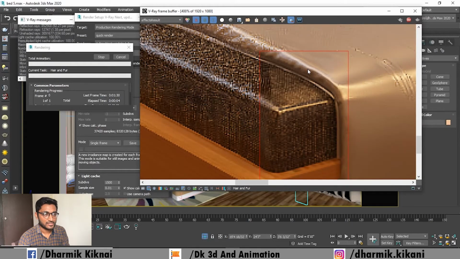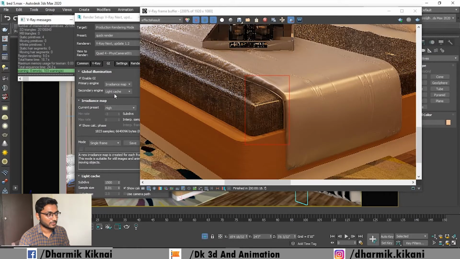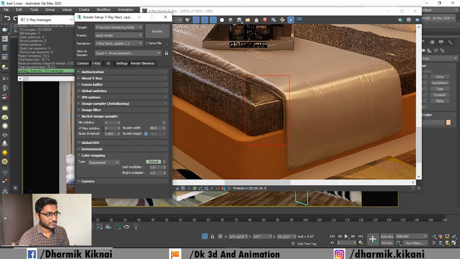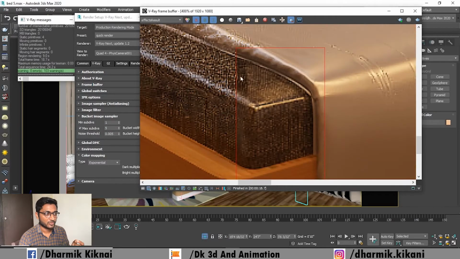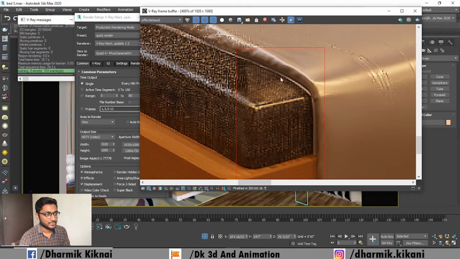As you can see the sharpness of this rectangle render and this side of the render, if you increase the subdivision value from 5 to more, up to 10 or 15, you can get a more quality result. And also you want to increase this value for 4K resolution, and you can see the difference between final render and quick render.